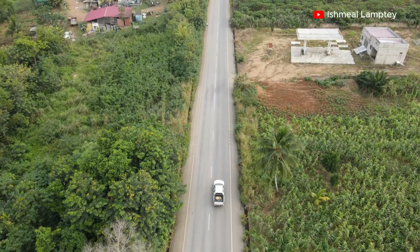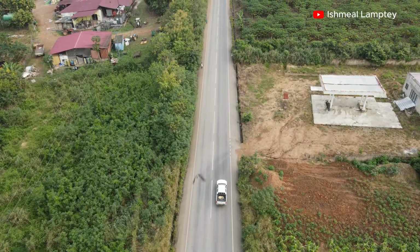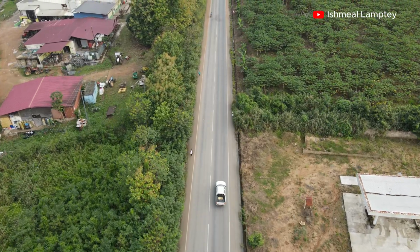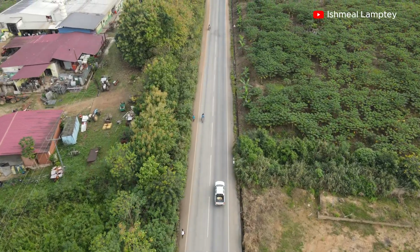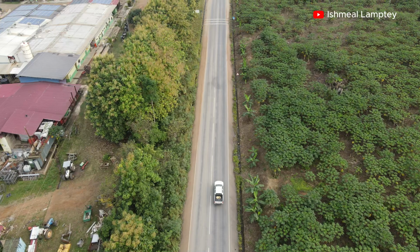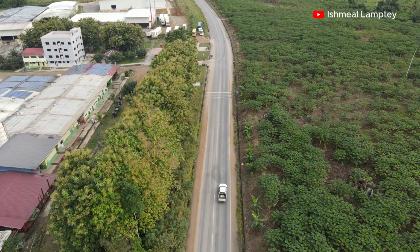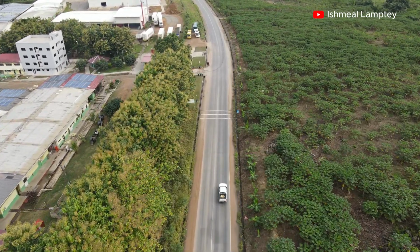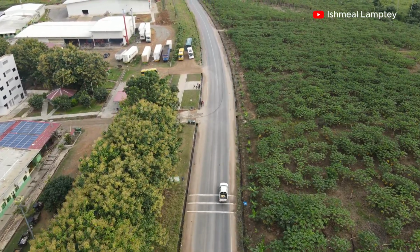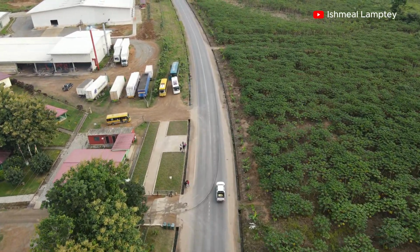Yes, and being here, we've always been thinking about what business we can get into which is going to be sustainable, which is going to at least bring some income in addition to whatever we are doing. So we've been doing a lot of research. Around here we have a lot of farms. We have food processing factories, processing fruits and dry fruits. There's a company known as HPW Fresh and Dry. There's Beaumont Farms. There are a couple of factories around here. So we've been doing a bit of research on what we could do, and the idea of the car wash came in because